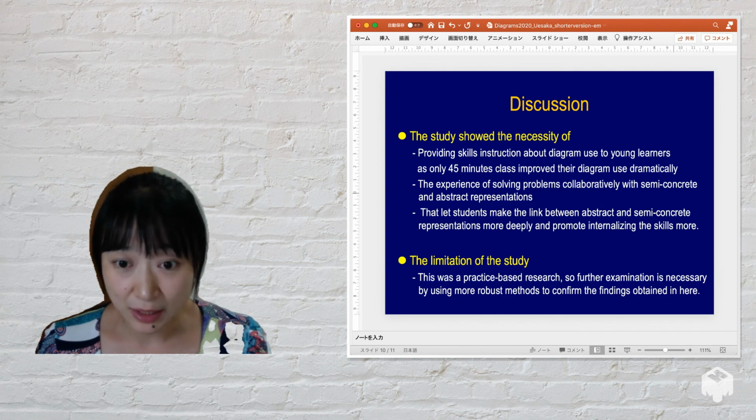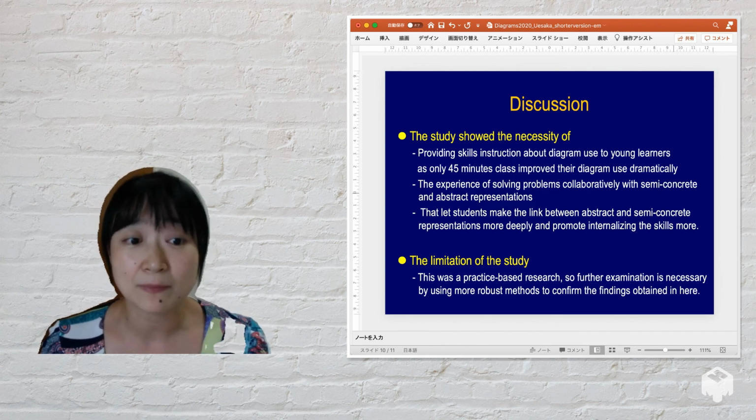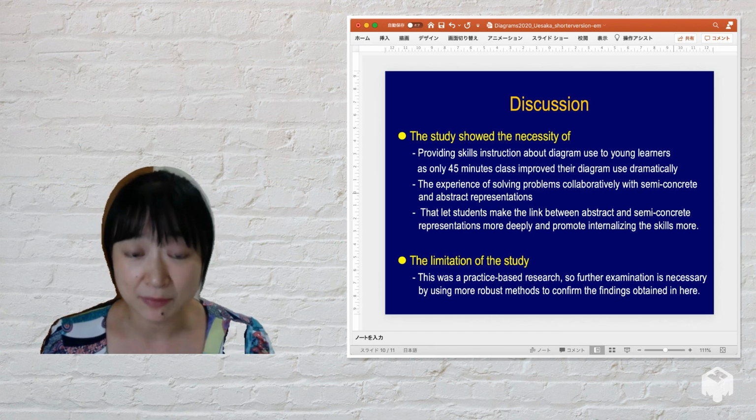The limitation of the study is that it is practice-based research, so further examination is necessary in the